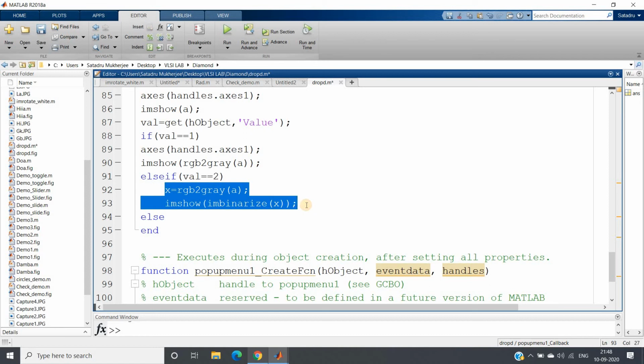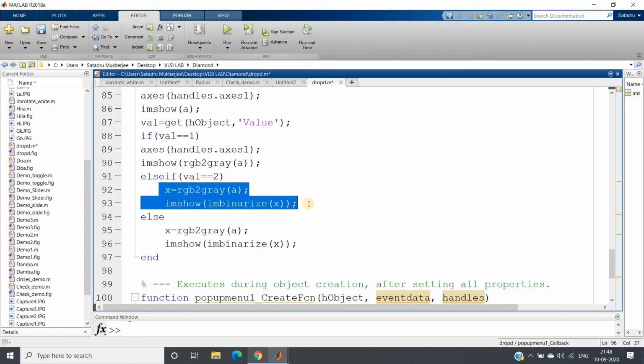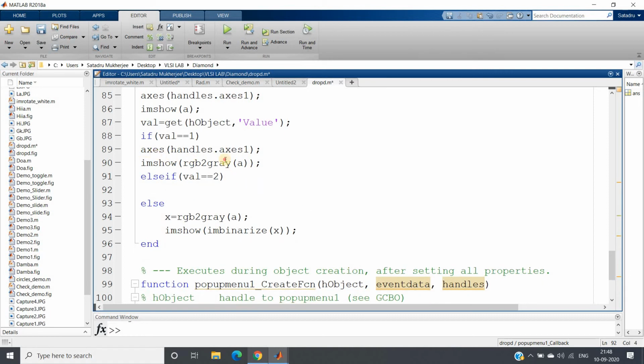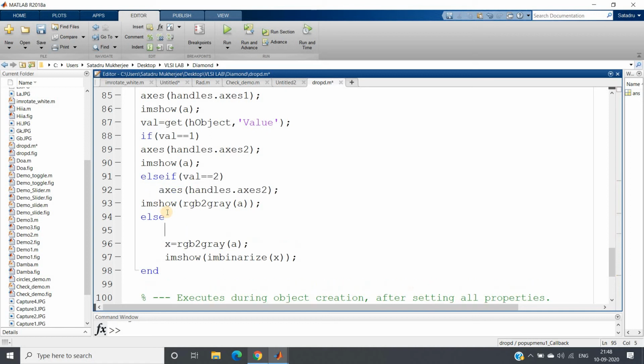And if val equal to 3, then we need to show the binary one. Just I need to paste this, remove this part, and just copy this to this place, and here you just show the original image. And this axis will be the second axis. In the first axis always our original image will be shown, right? Copy this, paste. Hopefully this should work.